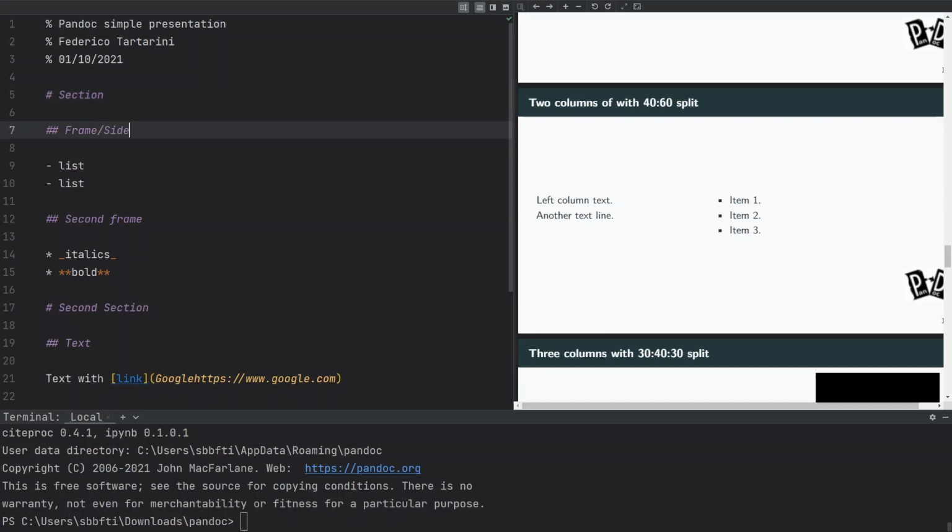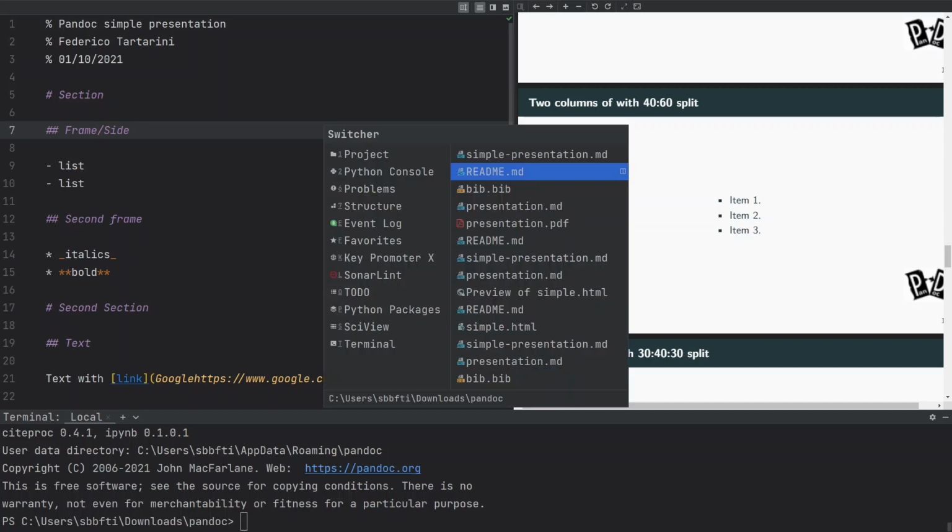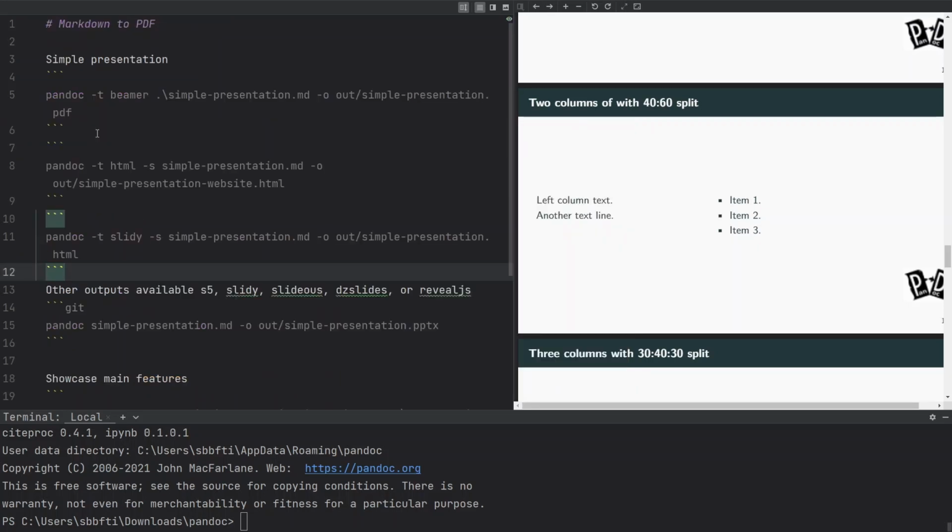So let's go and grab the command, and I will show you also how the default command in pandoc is usually written. So we can go back to the README here, and we can get the first command here. So let's see what we need to do in order to run the command. Actually, let me write it for you the first time. So we can write pandoc, and then here we have to specify -t, the letter T, beamer. This is going to tell pandoc that we want to compile it with Beamer.